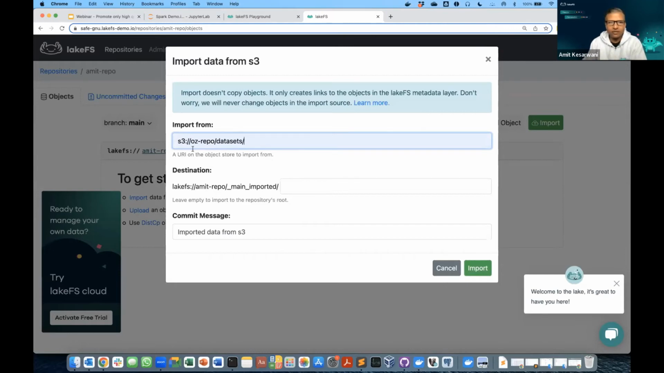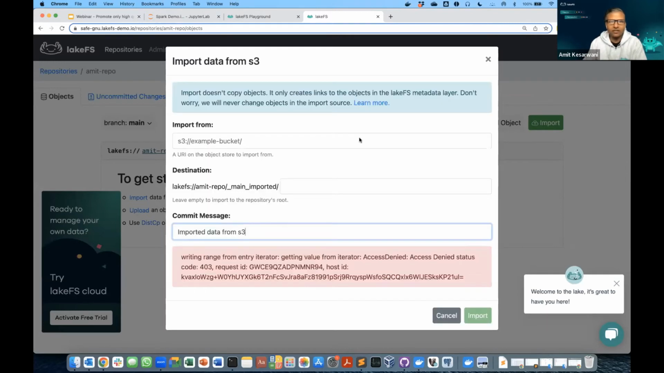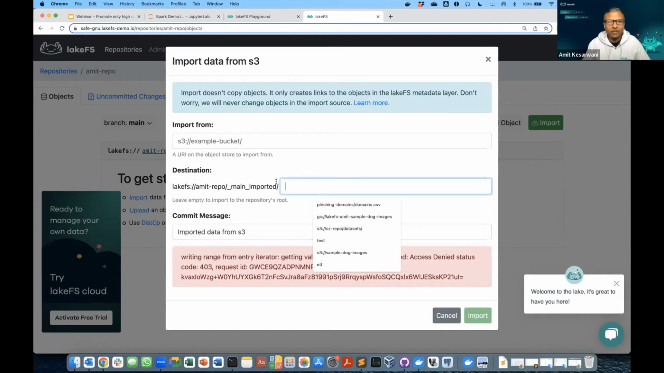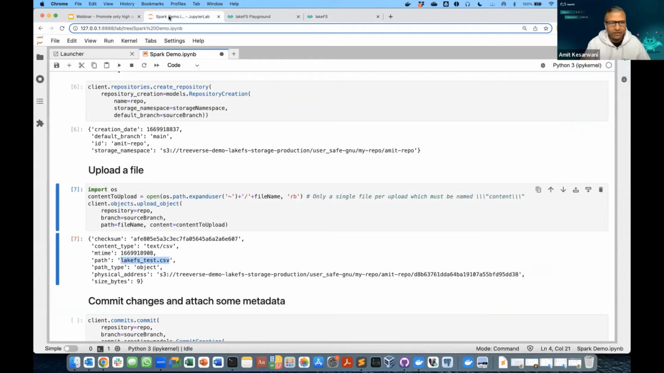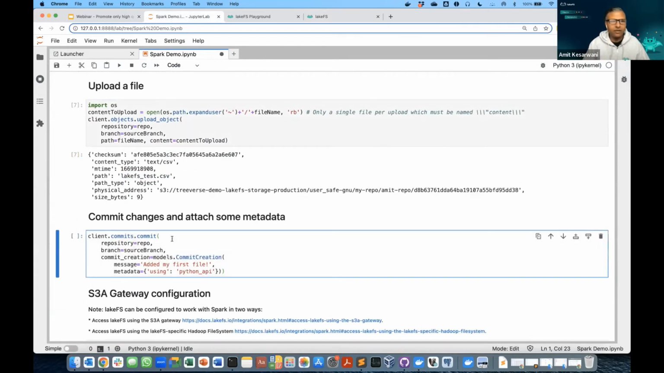So, for example, in this case, if I import this one, right now I can't do it from here because I don't have access. But normally when you do, it will just import the metadata for those files, not the actual data. Awesome. So going back here, I uploaded a file into my main branch, and let me commit